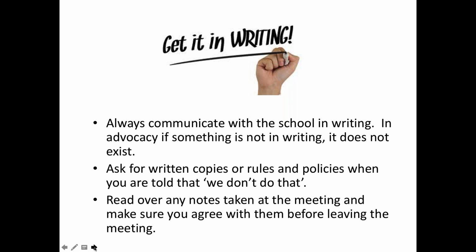If there's not a policy, right, policies have to be in line with regulations. Regulations have to be in line with laws, right? So a school policy is, first, most of the time there's not even a policy, but then often, even if a policy is there and it's not one that works for you or your family, sometimes you'll find the policies don't match the regulations, and you can ask to oversee that. But most of the time, when you get, we don't do that, and you ask for the policy, there is no policy, right?